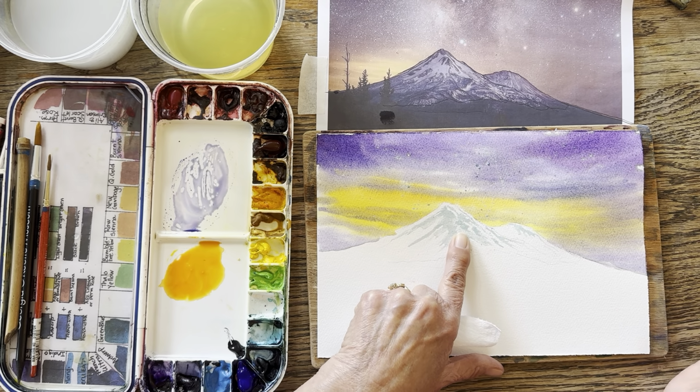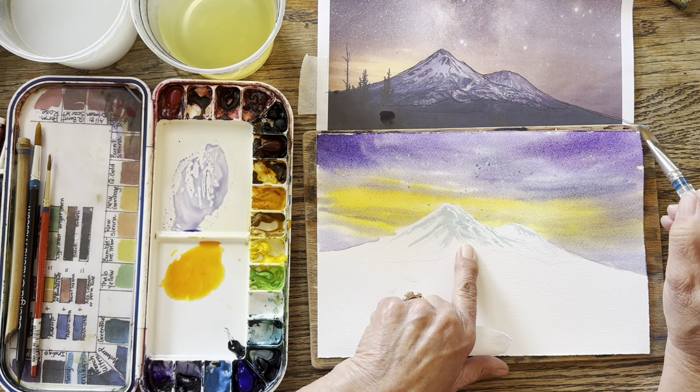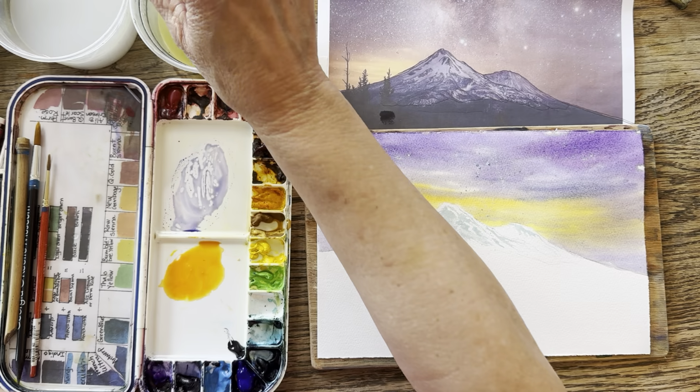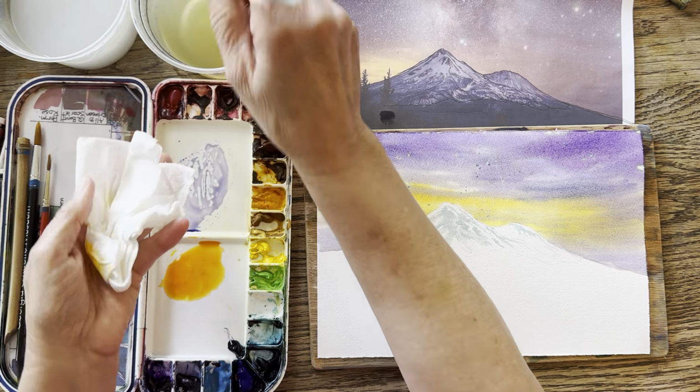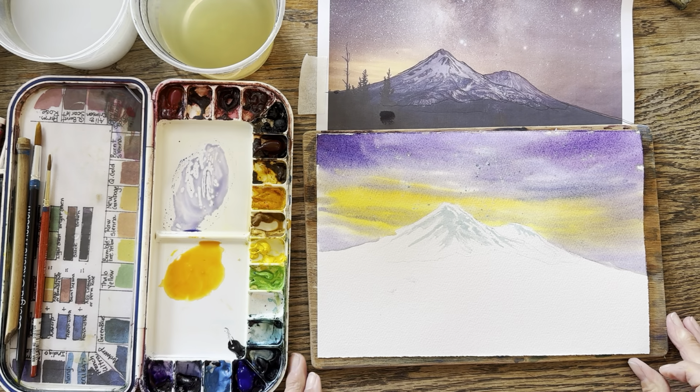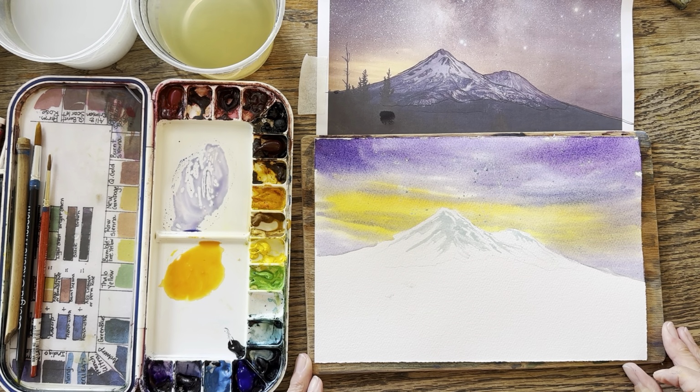Now, do I like that? I think I'm going to leave that just the way it is. If I paint it too much, I'll mess it up. I don't want to do that. So there's my sky, and